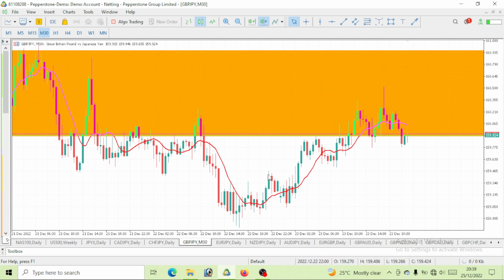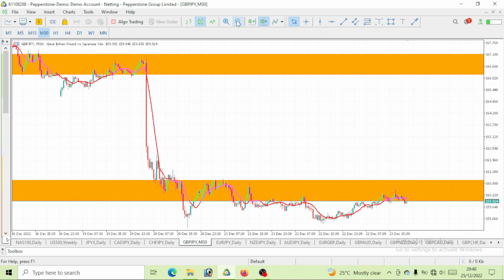So you can see 1, 2, 3, 4. Let's see if price will go again. If price can eventually take out this candlestick wick here, maybe then you can consider going long on this GBPJPY. But one thing I know is that this movement is still a pullback level. So once this pullback is over, which I believe it is over now, we should expect a drop on this GBPJPY. So we would want to see a drop to level 157. Then maybe we can now consider going bullish on